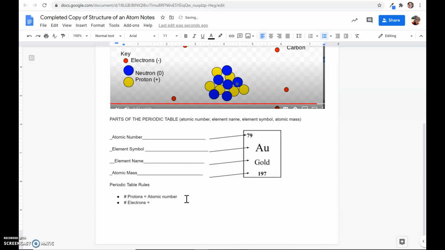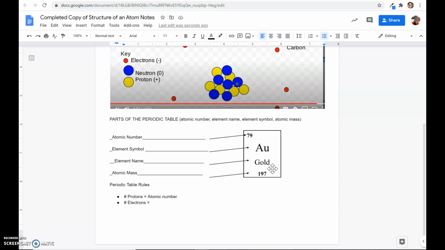Well, on the periodic table, we are always assuming that the atom is in a balanced state, meaning that the positives and negatives are balanced. If we have more positives, meaning there's not as many electrons as there are protons, then it's called a positive ion. When we have more electrons than protons, we have a negative ion because there's a negative charge to the atom. When we have more protons than electrons, then it's called a positive ion because there are more positive charges than